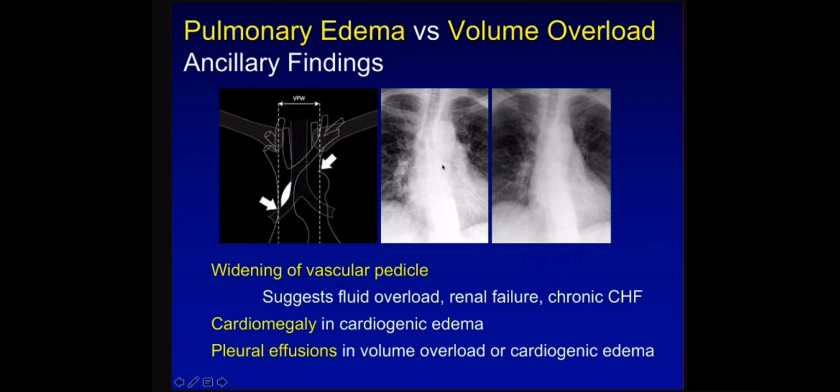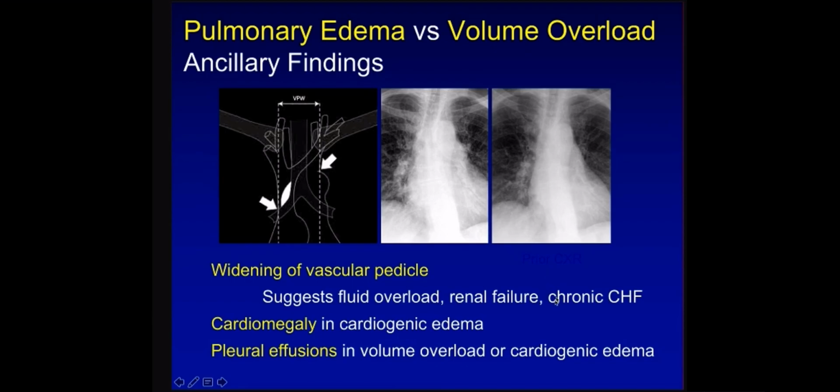The prior study here is on the right. The middle image is this patient now with congestive heart failure. Notice that the vascular pedicle, the SVC here to the arterial borders on the patient's left, notice it's much wider and it becomes a little less distinct when patients are in a state of having fluid overload. And it comes right back down to normal after diuresis or treatment of the cause of whatever is given in